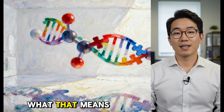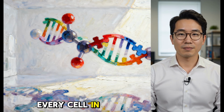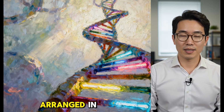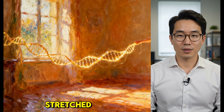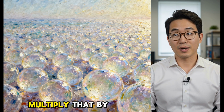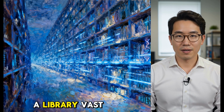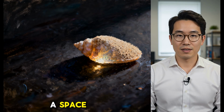To really grasp what that means, it helps to remember what DNA actually is. Every cell in the human body carries roughly 3 billion base pairs, 4 chemical letters, adenine, thymine, guanine, and cytosine, arranged in sequences that spell out the entire blueprint of a person, coiled so tightly that if you stretch the DNA from a single cell end to end, it would measure about 6 feet. Multiply that by the tens of trillions of cells in a human body, and the scale becomes almost impossible to